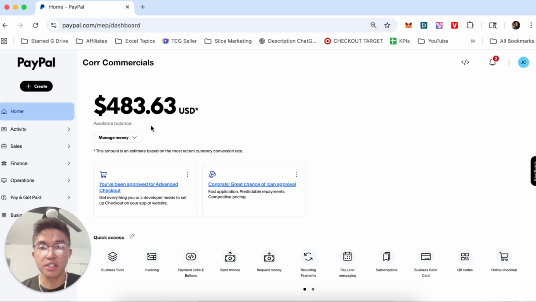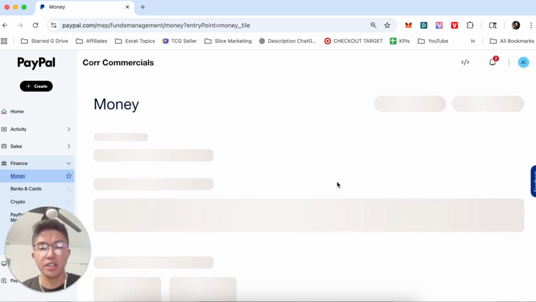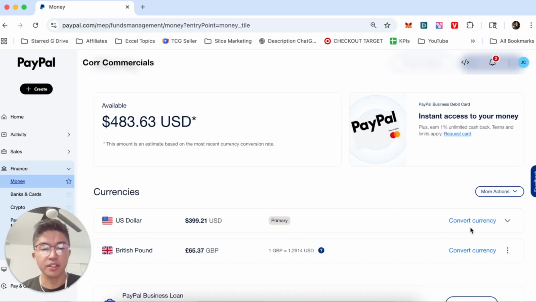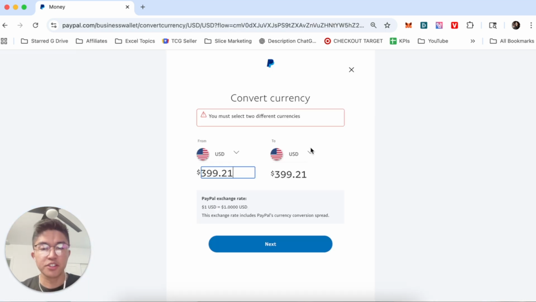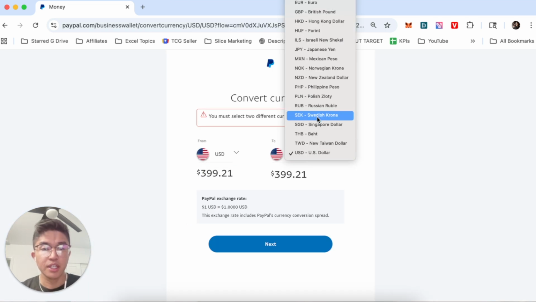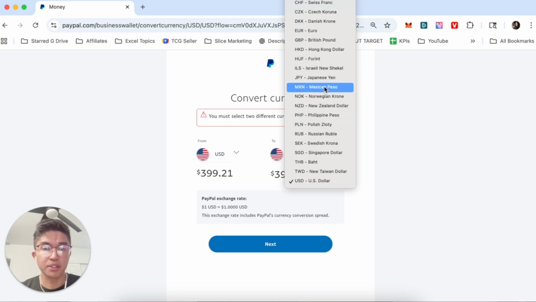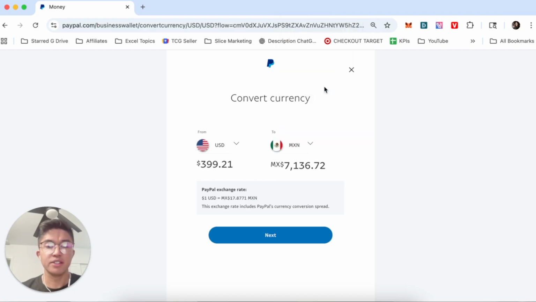Now, in order to do this, what you're first going to do is log onto your PayPal account, click on the drop-down menu where it says Manage Money, and then click on View Money page. Now, once you're on this page here, you're going to see a list of your currencies. Next to where it says US dollar, click on Convert Currency, and then from here, change the to currency to pesos. So we have Mexican pesos right over here. But there you have it, guys. That right there is the best and easiest way that I know of to actually go ahead and convert your